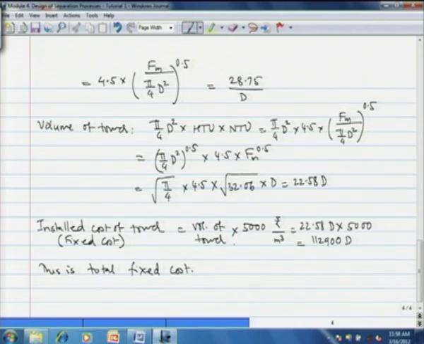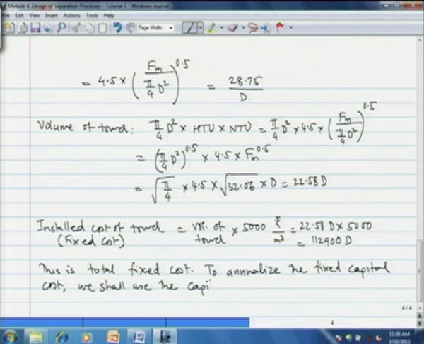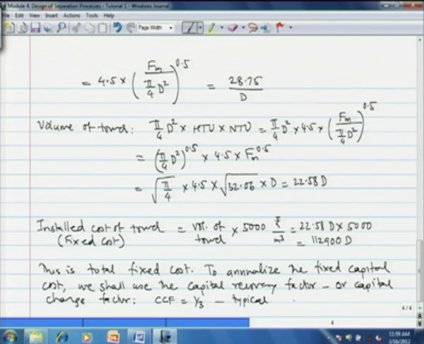Now, we have to calculate the total annualized capital cost, and therefore, we have to annualize this particular installed fixed cost. Okay. So, to annualize the fixed capital cost, we shall use the capital recovery factor, which some books have also called capital charge factor. The typical value of this factor is 1 by 3. Capital charge factor is the acronym that we are going to use, CCF, and the typical value of this is 1 by 3. We shall deal with these things in greater detail in module 8 when we shall see the